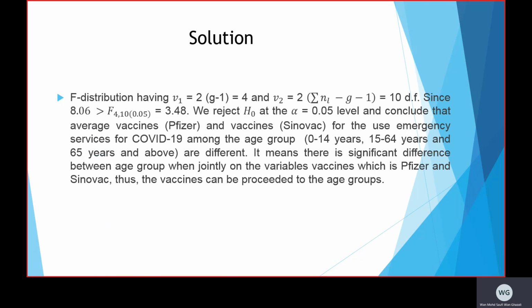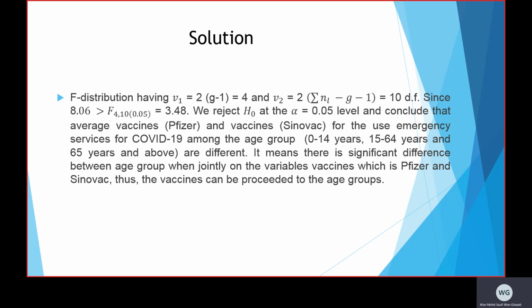And last one, the F distribution having V1 equal to 4 and V2 equal to 10 degrees of freedom. Since 8.06 is greater than 3.48, we reject H0 at the alpha equal to 0.05 level, and conclude that the average